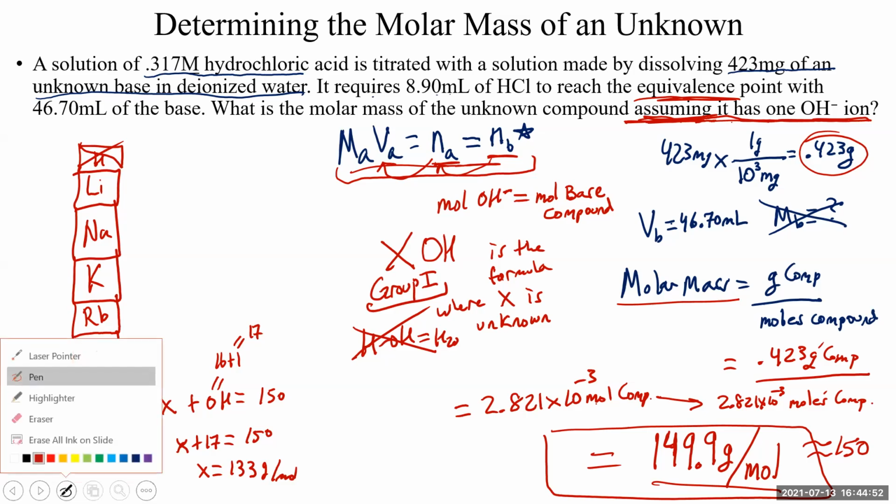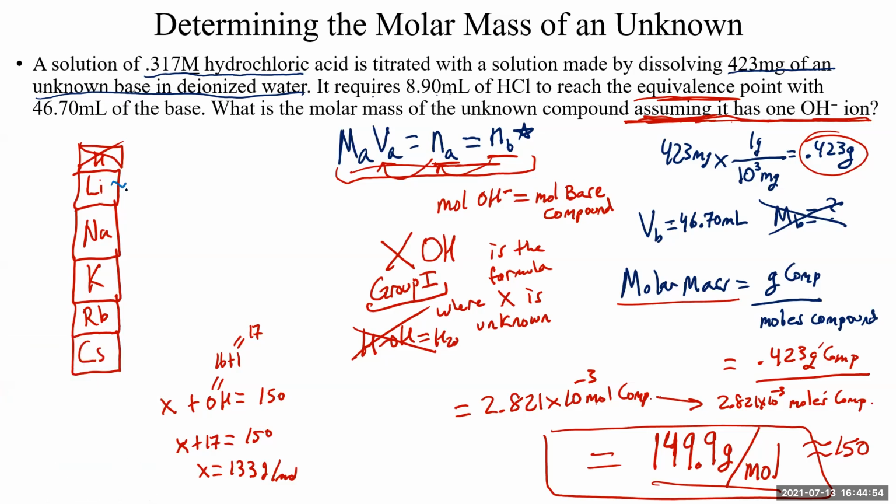Well, guess what? Lithium is only about 7. Sodium is only about, look at the periodic table, by the way. I don't make a big fuss about this, but I do memorize some of these numbers, but that's just from repeated use, not for any other reason. Sodium is about 23, right? That's out. Our X metal must be 133 grams per mole. That's really heavy. It must be pretty far down the periodic table. Let's just keep going. 7, 23,